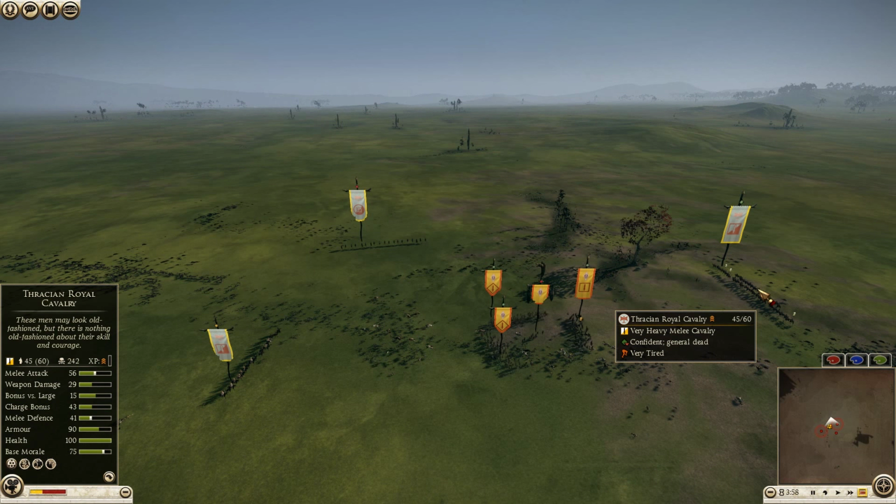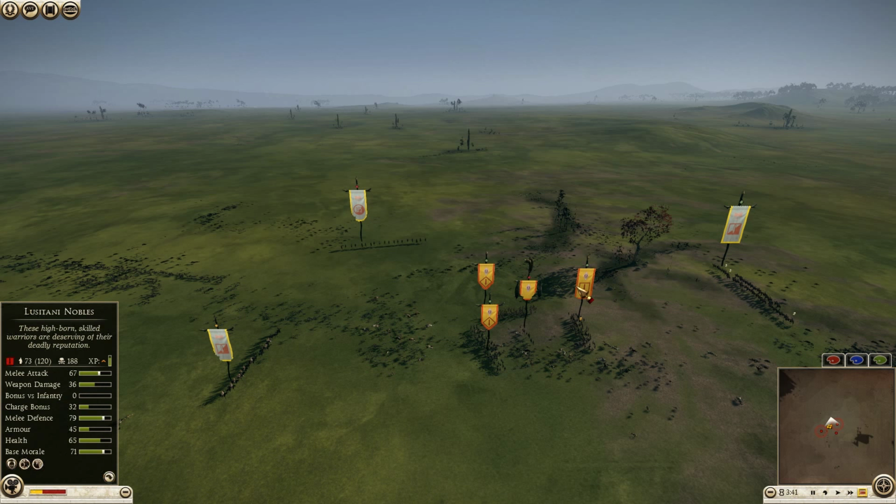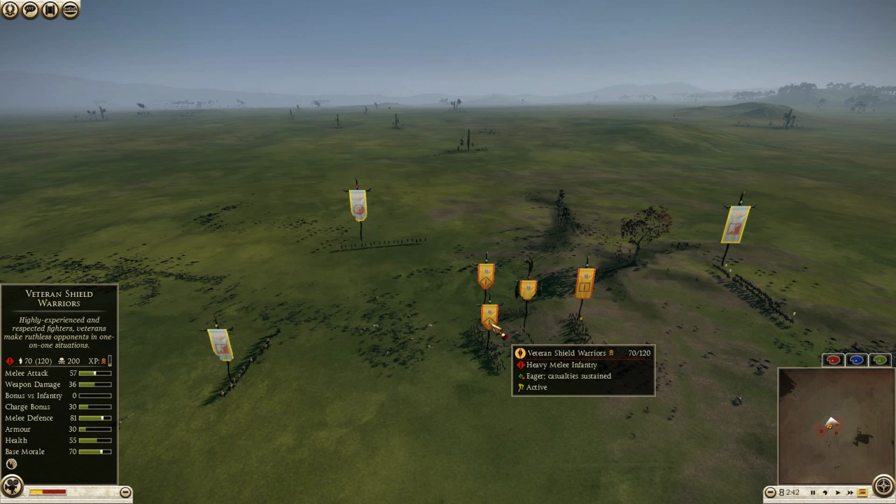Because I still believe that I have a decent shot at this, but in all honesty, I don't think I do. Because, you know, this Lusitani Noble will still get a lot of kills because of their high melee attack against damaged Thracian Royal Cavalry like this. And I want to kill off his general, which is in the center, which is going to be impossible for me to attack. So let's go ahead and suffer like 30 seconds of awkward silence until I'm going to be...